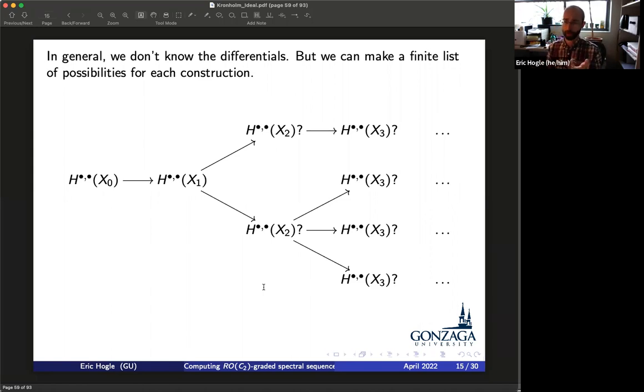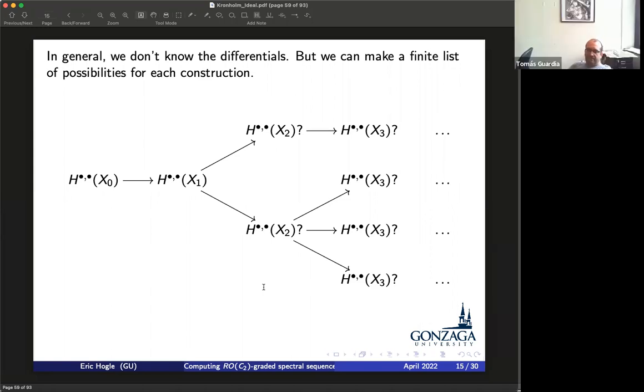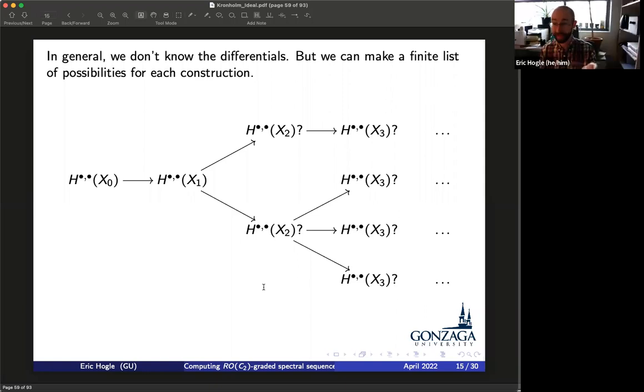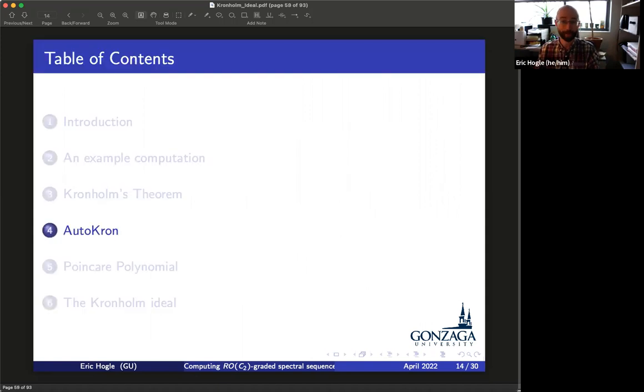And if you're working over F2, the differentials are multiples of 2, and so there's nothing. So if you ask the sort of existing knowledge about the differentials, the answer is they're all 0. But they're not 0